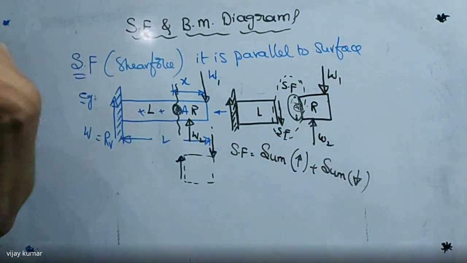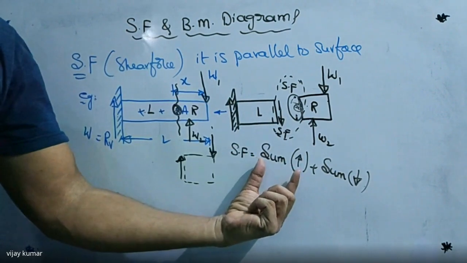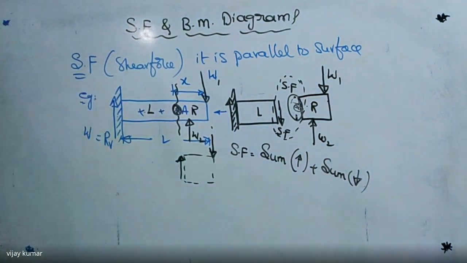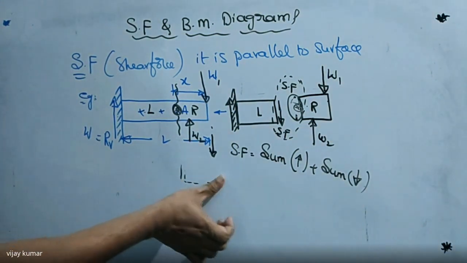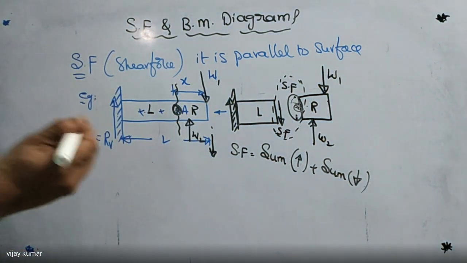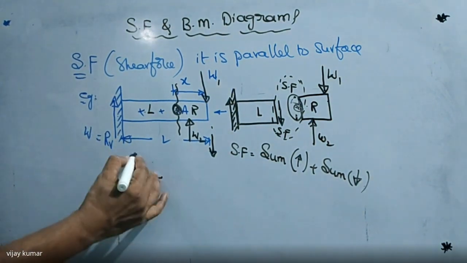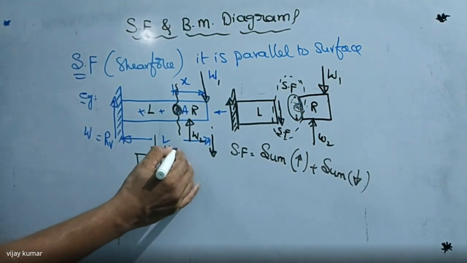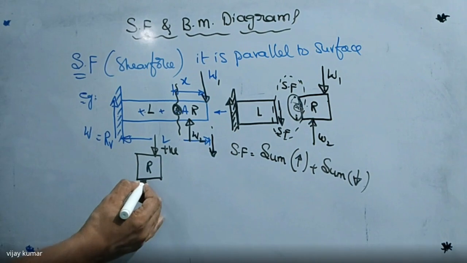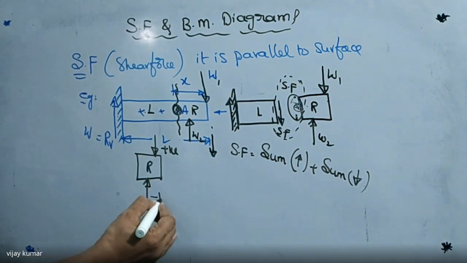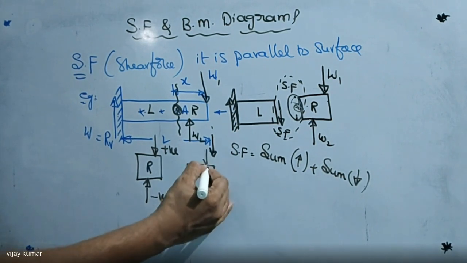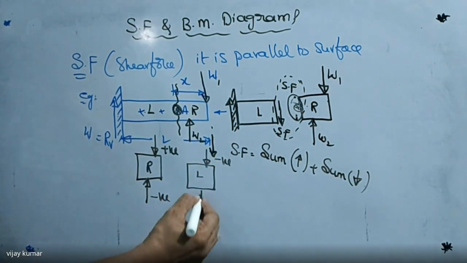Now, my doubt is, when we take upward as positive, downward is negative. For example, if you take the right part, downward is positive, that is a notation, you have to remember the standard condition, and upward is negative. So if you take the left part, downward is negative and upward is positive.